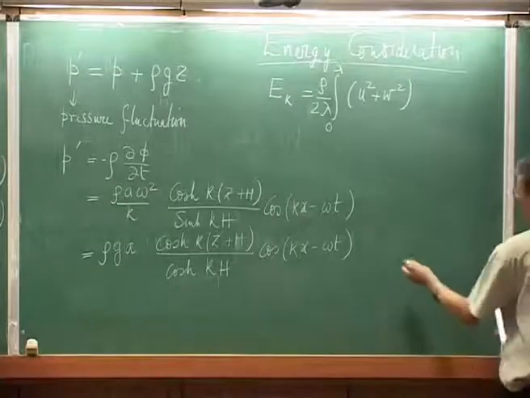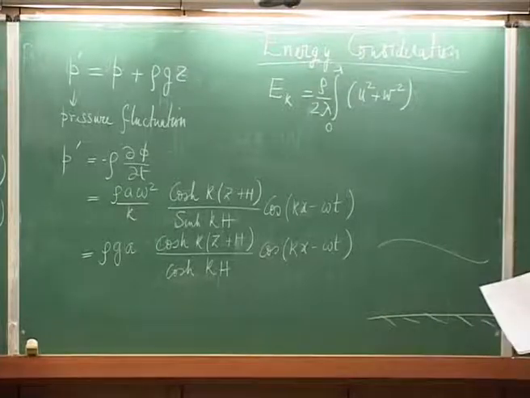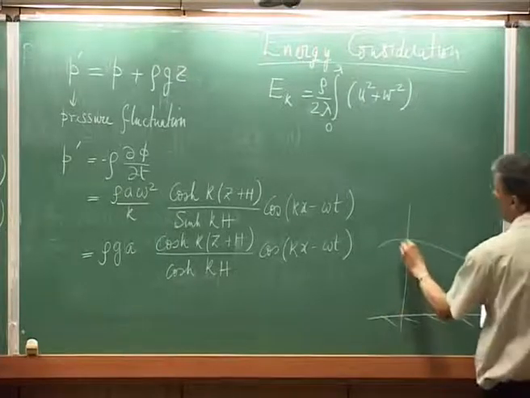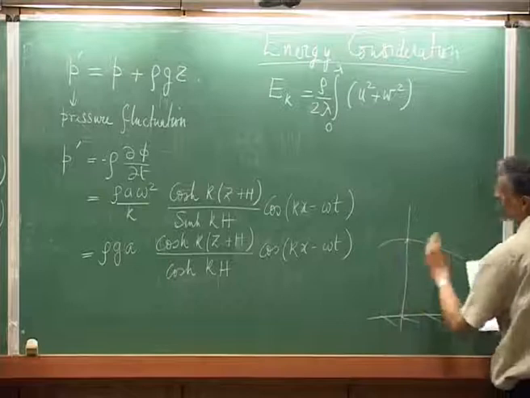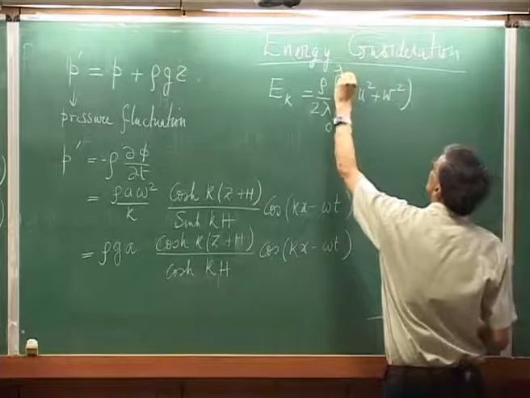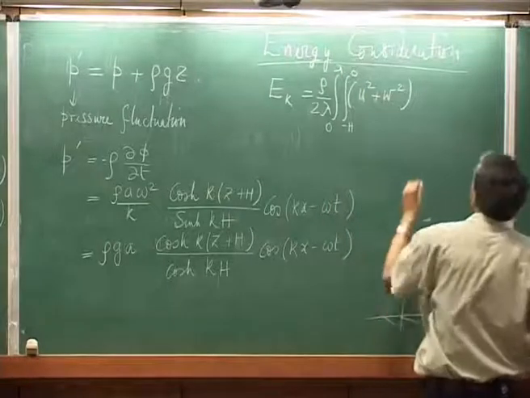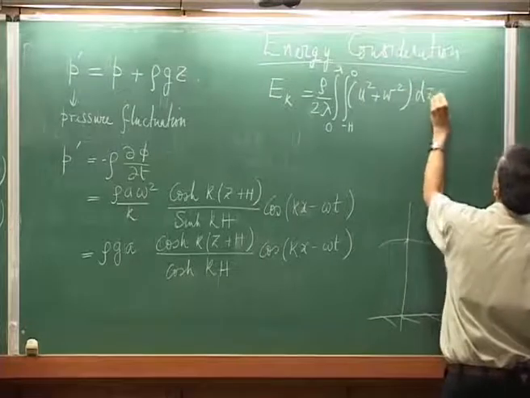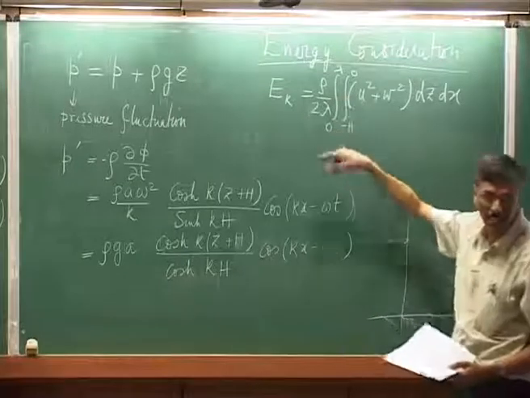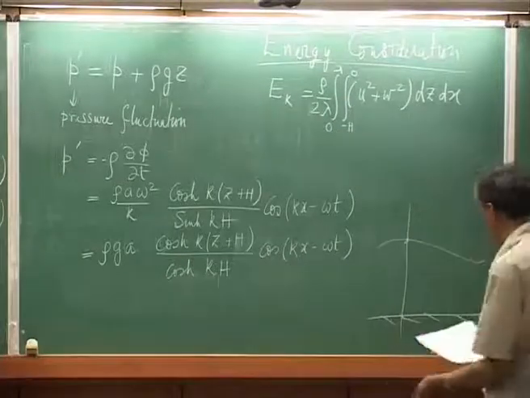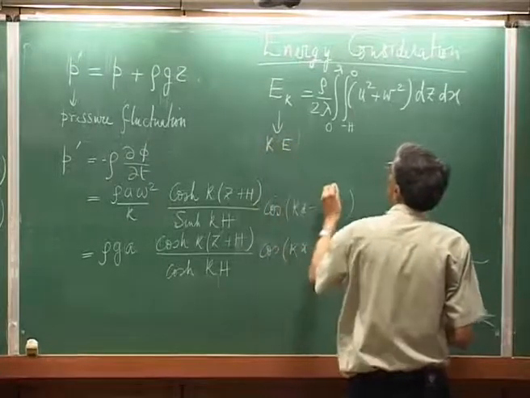Basically we are talking about a surface gravity wave like this. I will integrate the energy from the top all the way to the bed, so we will be integrating from minus h to 0. You can very clearly see that this dx integral is taking the average over one wavelength. So, this is your kinetic energy,